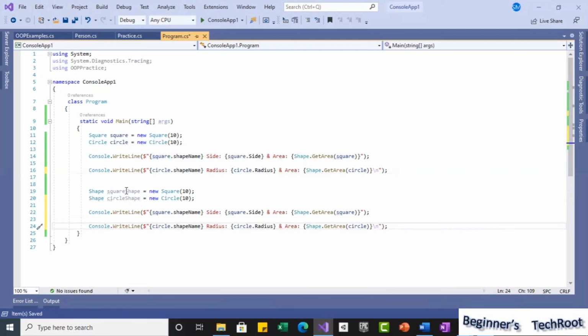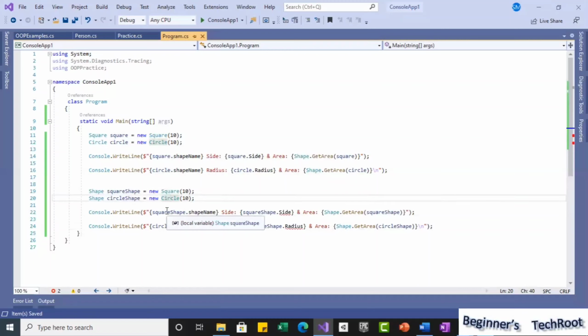So now here square shape, similarly circle shape, circle radius, circle shape. See now what I did: I have taken the same shape type for both, but created an object of the respective type. And then I am using the shape name, square shape.